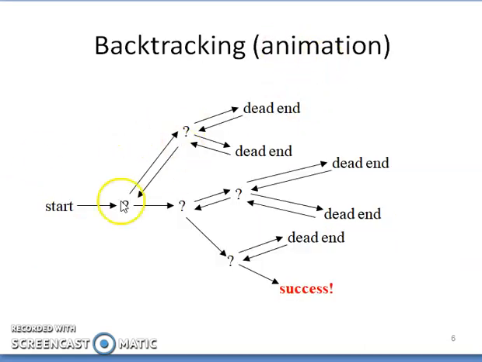As we can see in this diagram, you start from the starting node, you have 2 choices. Then if these choices lead to a dead end, you will not explore them further. You will backtrack to this node. So from here you go to this node. This node takes you to this dead end. So you generate its sibling. This also leads to a dead end. So you go back to the previous node and then you generate another child. And for this child you will generate the first child. This also leads to a dead end. You go back, generate another sibling. And this way you will keep on going till you find a success in the tree.